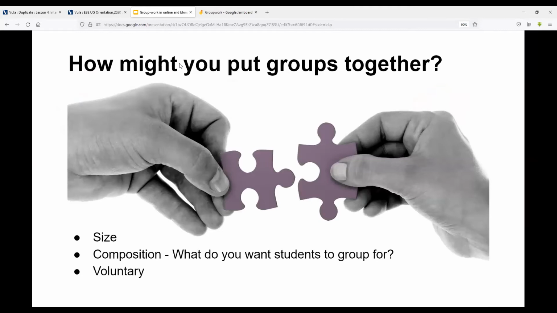Thank you very much. I'm going to start with this, give us a moment to think together about this question: how do you put groups together? And I would like to ask that as a question to this group as a whole. And we can think together about, in different contexts, how might we compose groups differently? So a question to the people in this class: what is your experience of constituting groups, of putting groups together?